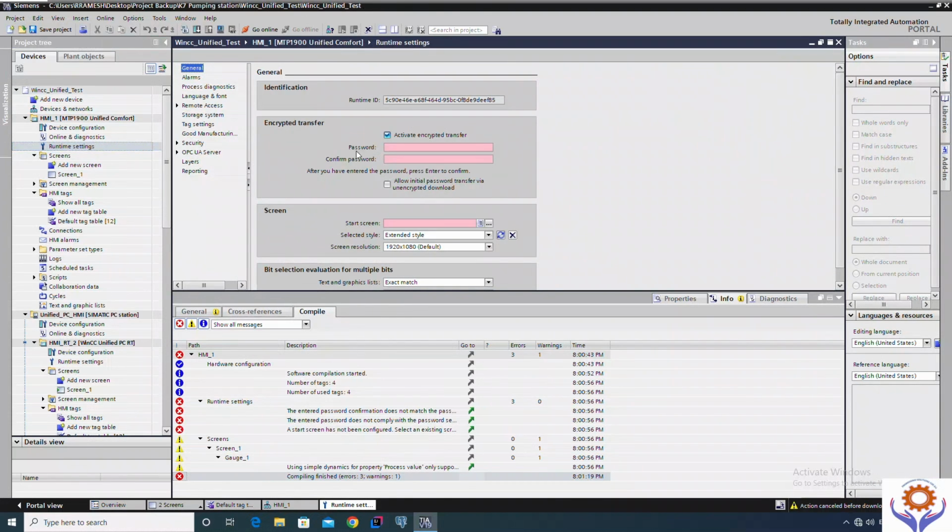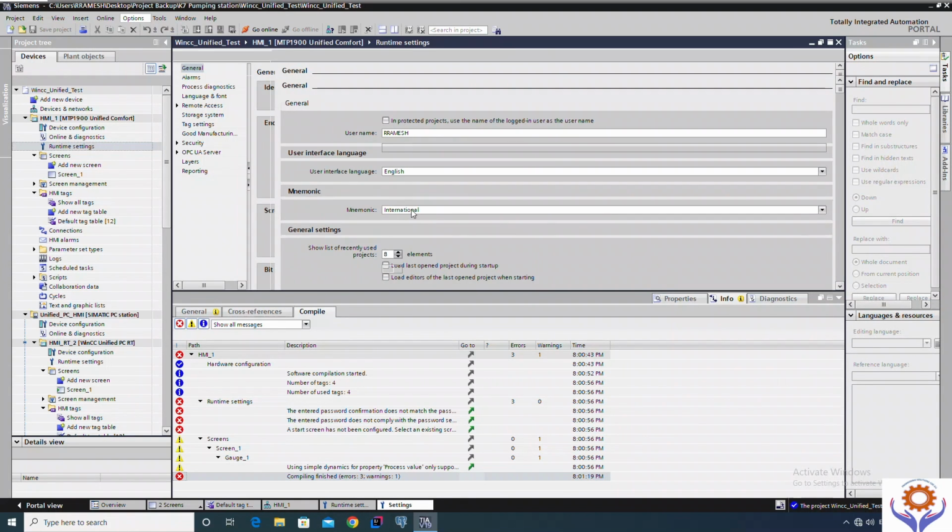In the general settings, you can find encrypted transfer. You need to remove the checkbox, the tick mark, and if you see the settings, it will be the same. I will explain again: in the options you can find the settings for the security. So that should be disabled. If you go here in the security, you can find